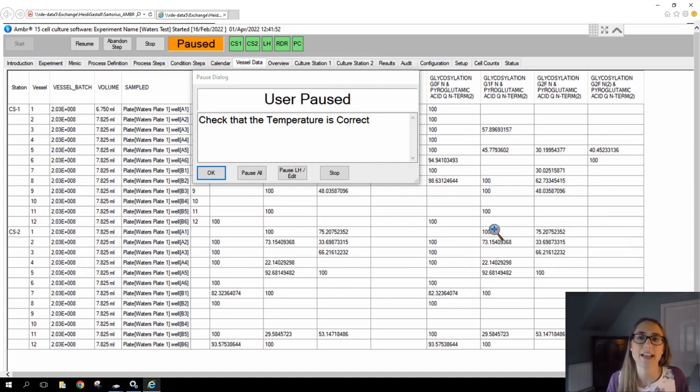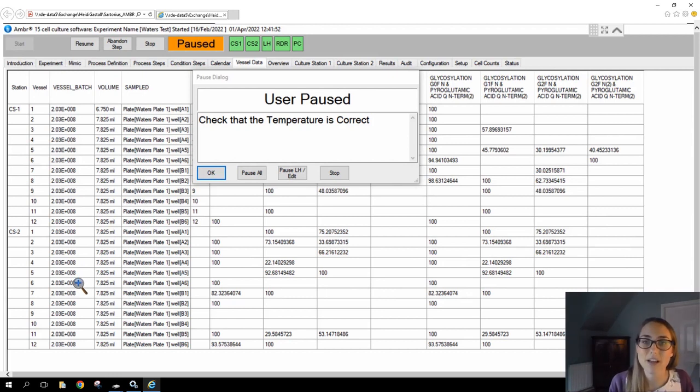So in this case, I've been analysing a monoclonal antibody. So the major modifications are glycans, and I can monitor the relative abundance of the different glycoforms. These results can then go on to be visualised in the plots in the AMBER control software, so that you can see how the relative abundance of each species is changing each day or across the vessels. For example, you may want to compare different clones, and with these results you could identify which clone was giving you the desired profile that you're after.